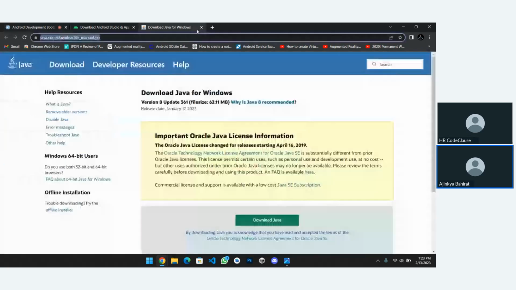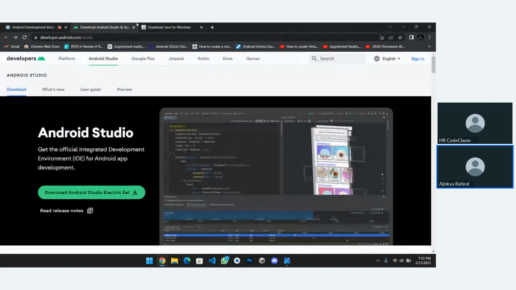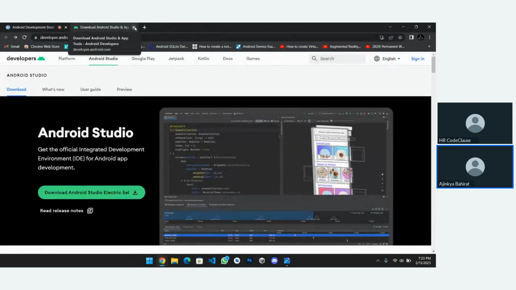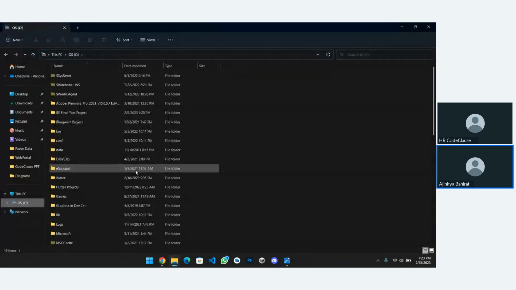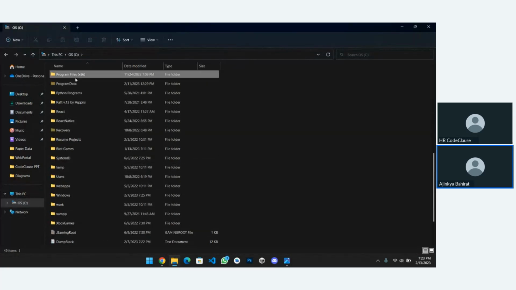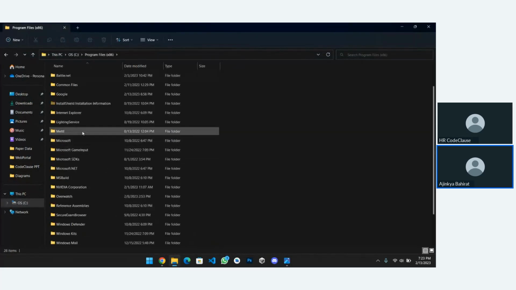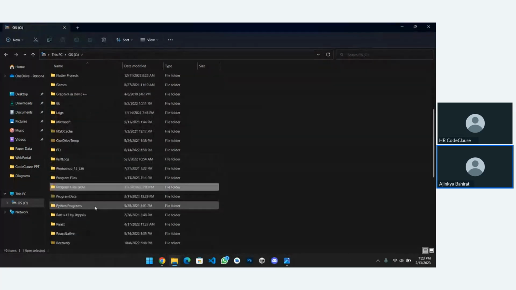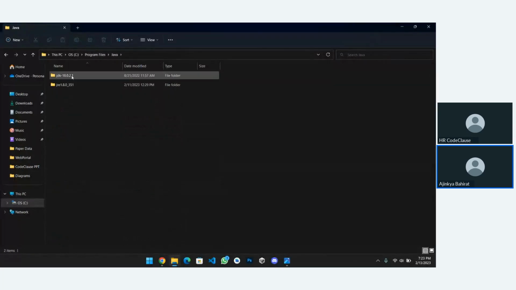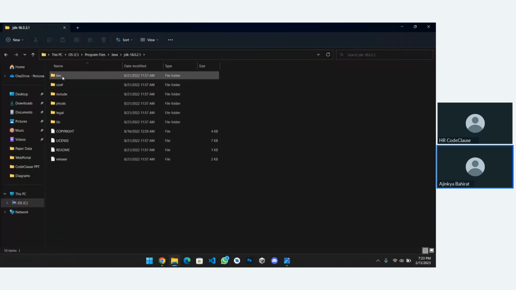After downloading these two things, firstly install Java and then install Android Studio. After downloading Java, you need to do one thing. You need to go to the OS drive, then Program Files, and then Java, and then here JDK bin.